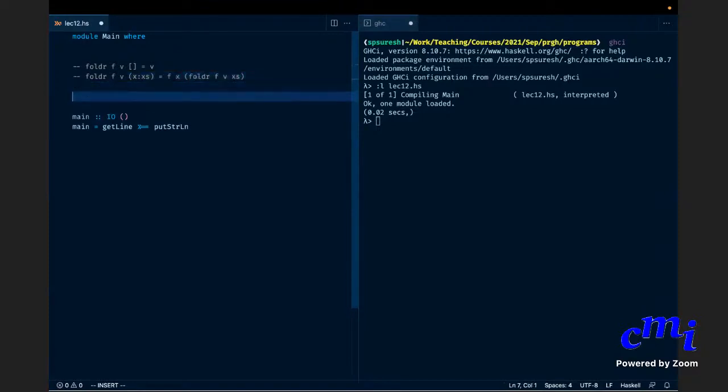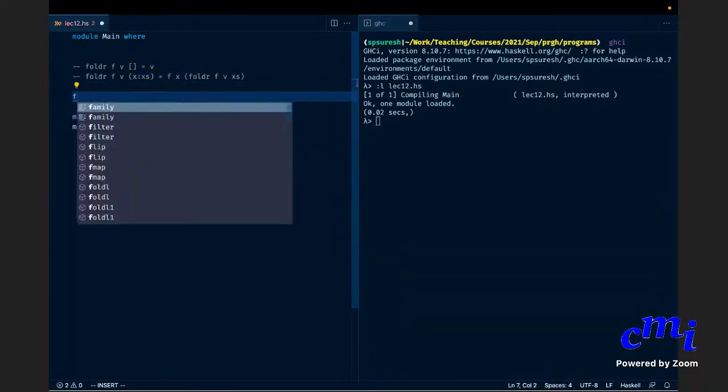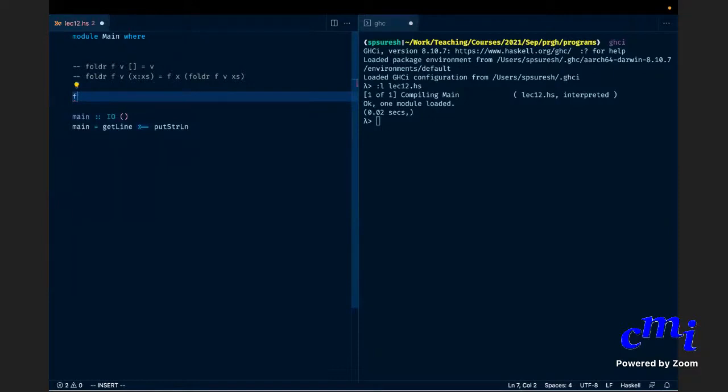Now the general type of function f: this is a function that takes 2 arguments, right?